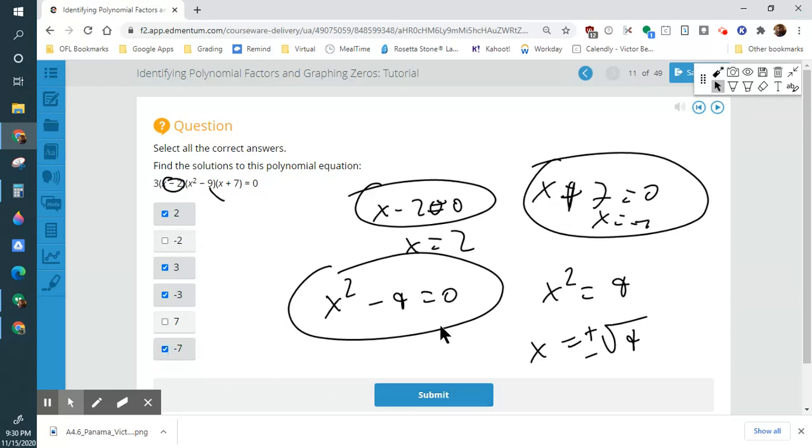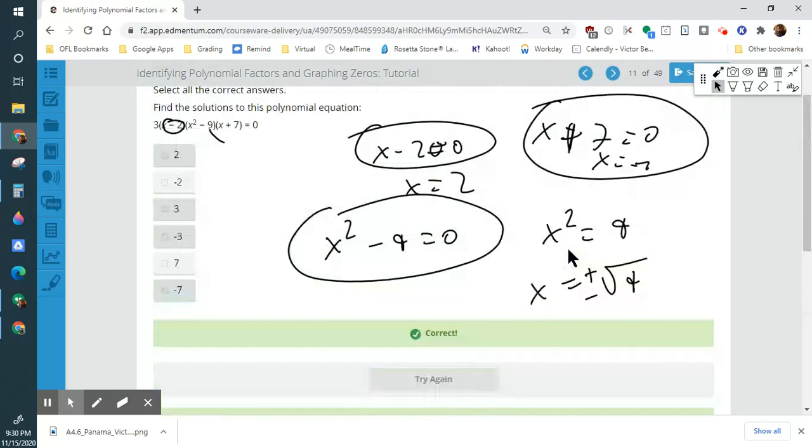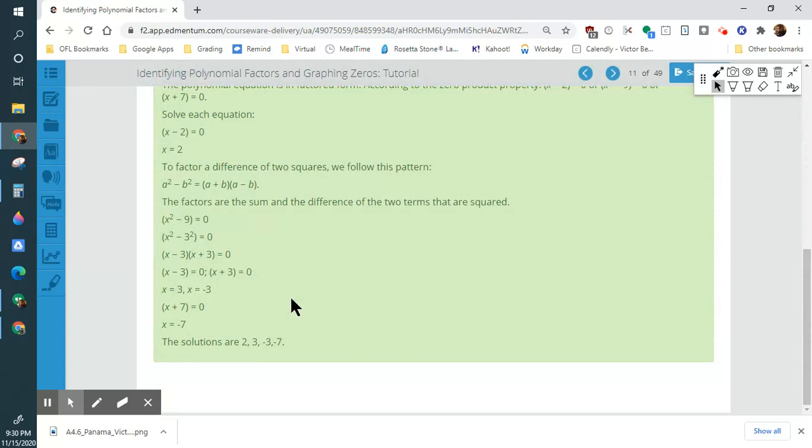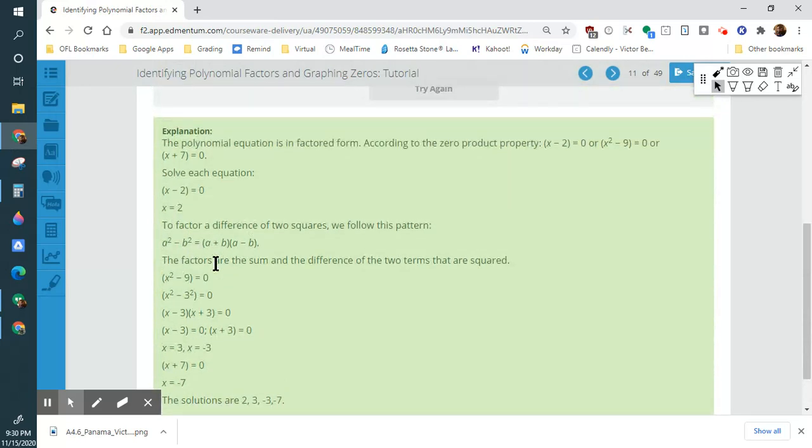And in this case, 4 zeros because we have to account for the positive and negative. Perfect. And then you can see their work here. They're using